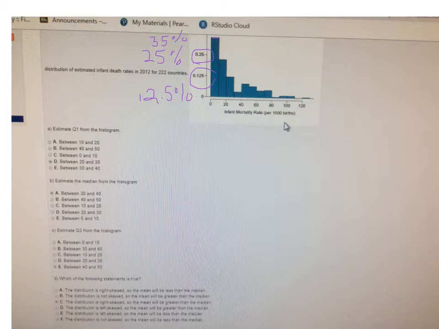Okay. So when they're asking about Q1, they're asking where is the value that is 25% of the way through the data. Because this first bar goes up beyond the 25%, then it's between 0 and 10, right? It has to be this one because you're already past 25% before you move on to the next bar in the histogram. So the next question is asking the median, and the median is the 50%